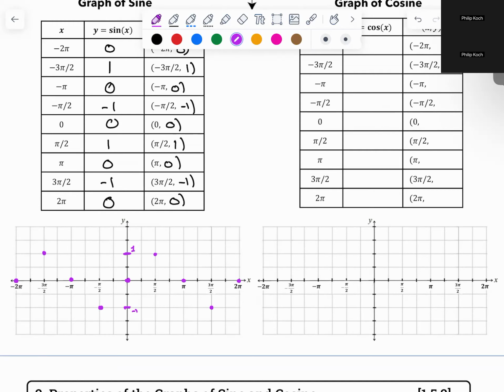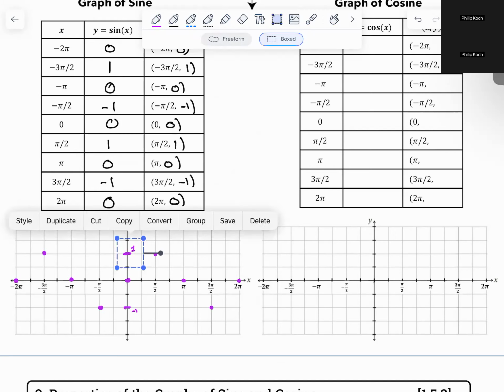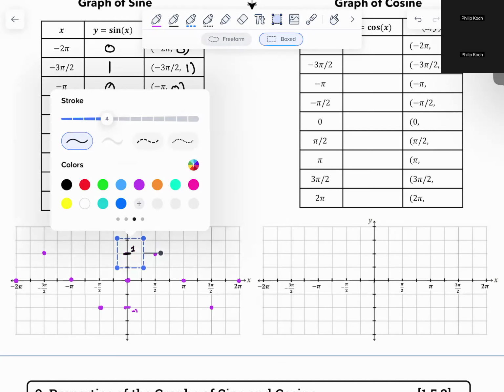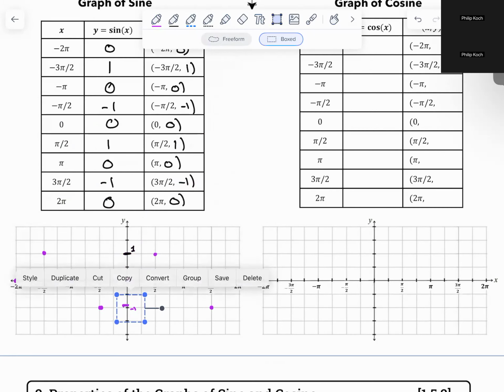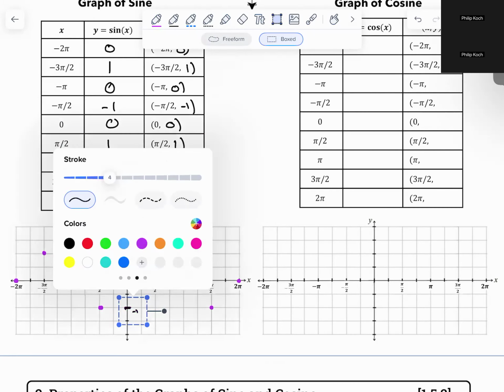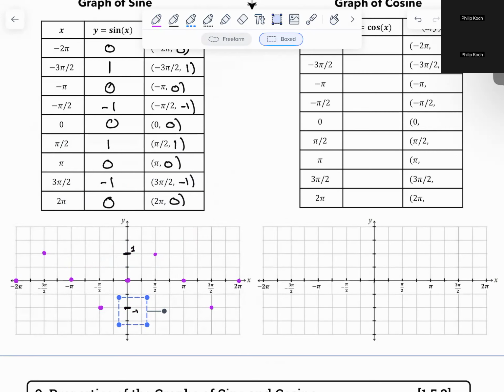Let me make the hash marks for those a different color. That's making it look confusing, in my opinion. So now, several points isn't enough to graph things, but it is enough to sketch it. And what you'll end up seeing is that the graph, if you were to try and plug in like sine of pi over 3, we know that's square root of 3 over 2, and sine of 30 degrees or sine of pi over 6 is 1/2. So we could plot those two if we really wanted to.